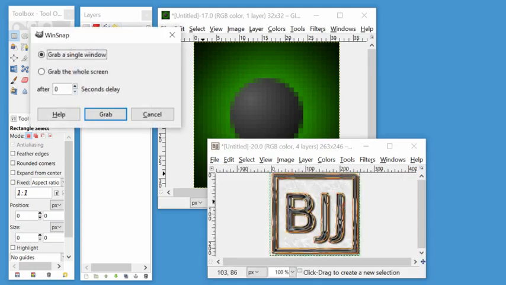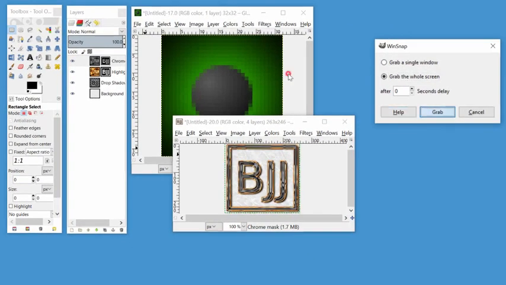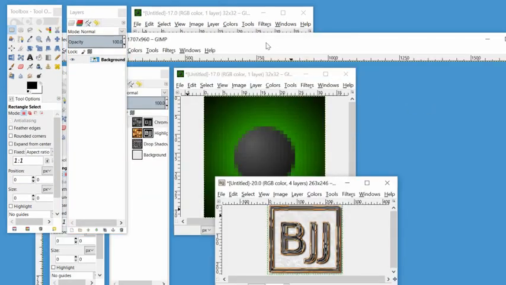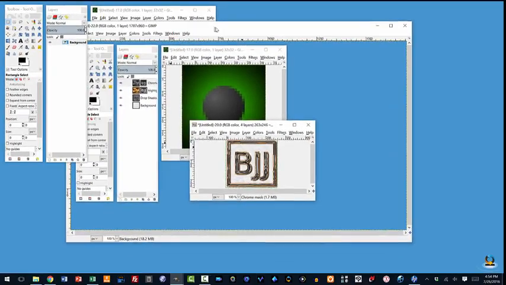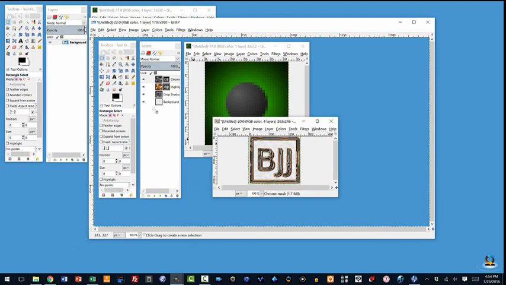Now, once I click on Screenshot, it's going to come up and give me 2 options. I can click on a window I'd like to save, or I can save the whole screen. In this case, I want multiple windows, so I want the whole screen. And let me get this out of the way and then hit grab. And here we are in a new image manipulation window in GIMP, which has a picture of my previous image